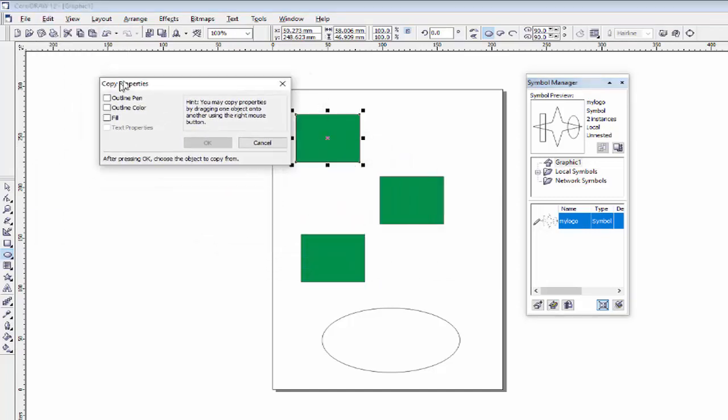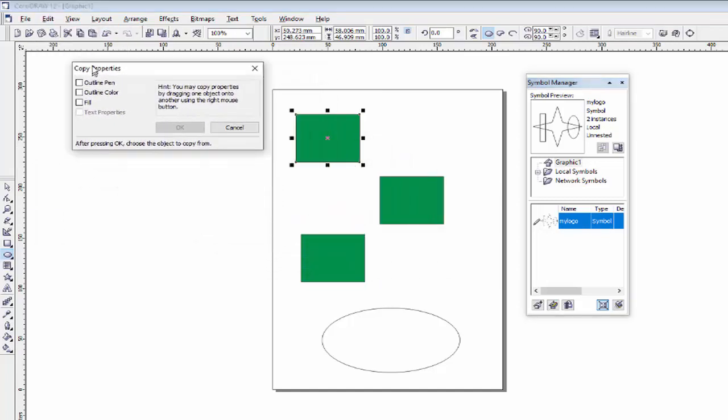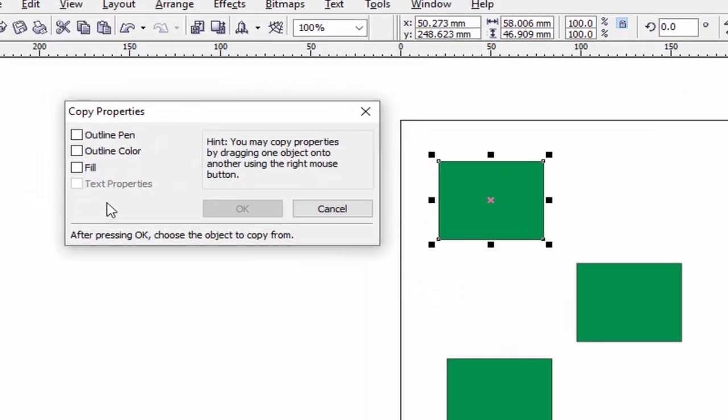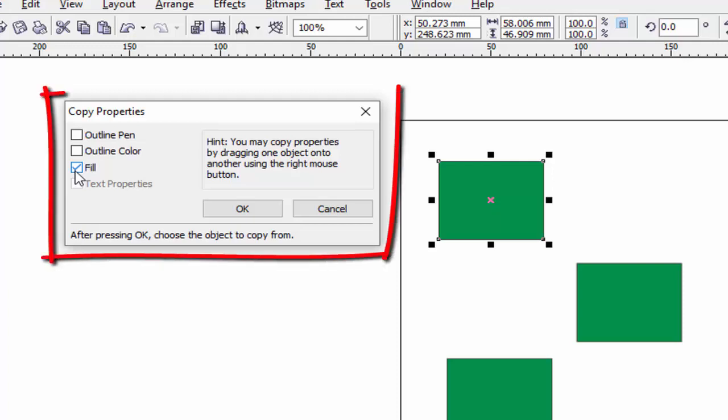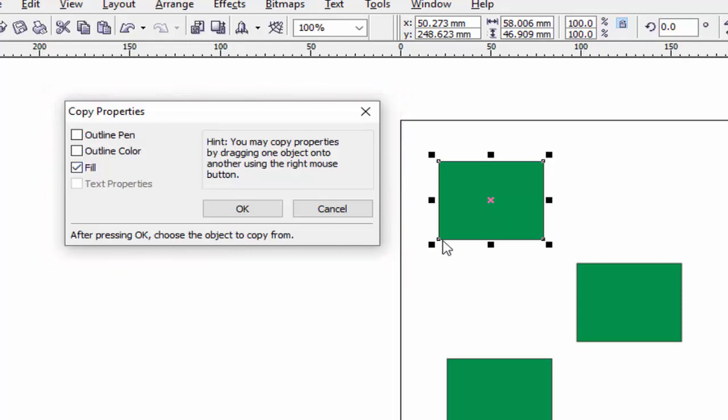A copy property window will open on your screen, and here you see fill color, like this green box, of the rectangle which is selected by us.